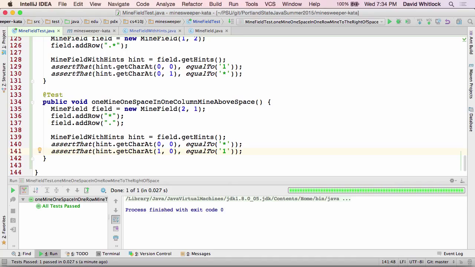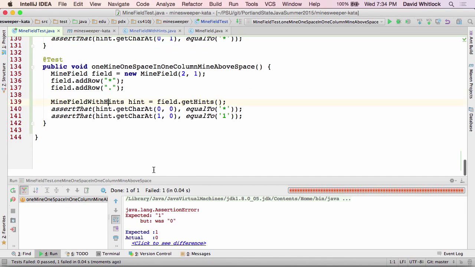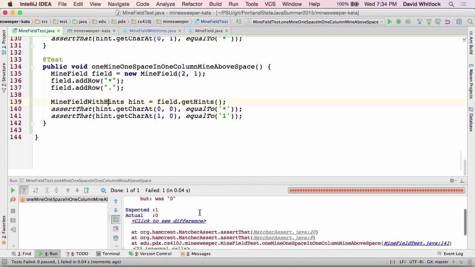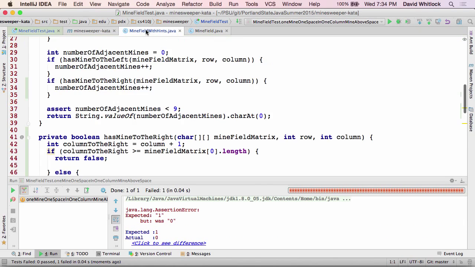We didn't test like no mines or both mines. You think those are interesting? With two rows though. Yeah, I don't know if that's interesting. Meh. Let's run this guy. Okay, didn't get it. But at least it's completing. It's like returning the characters. Okay, so then